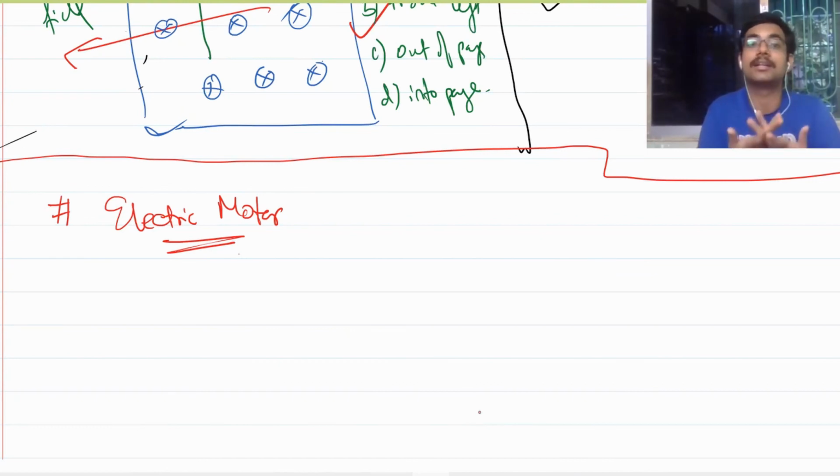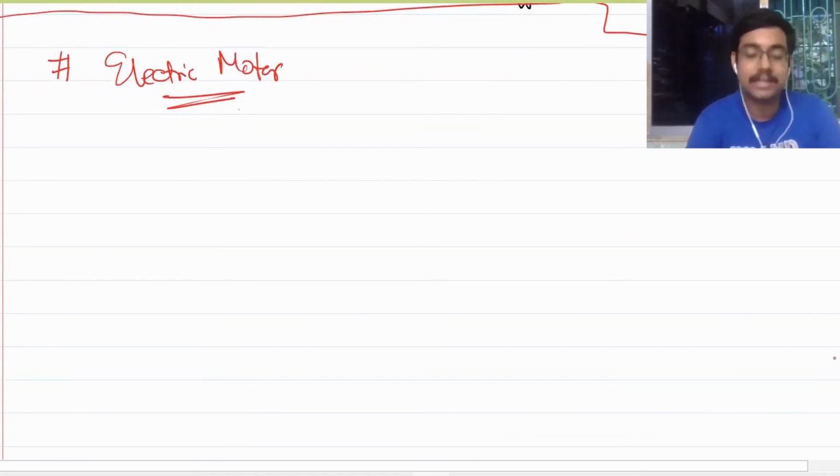What is the idea? How did this engineering masterpiece called a motor come to us? This is by the simple observation of the effect that whenever a magnetic field is applied on a current carrying conductor, it experiences a force. So basically, if you talk about electric motors, they are everywhere, maybe in different forms, in several complex forms.